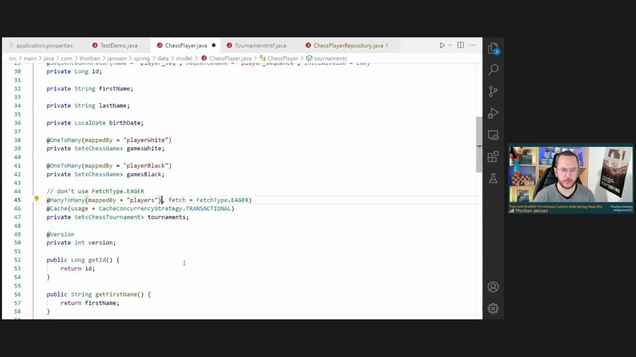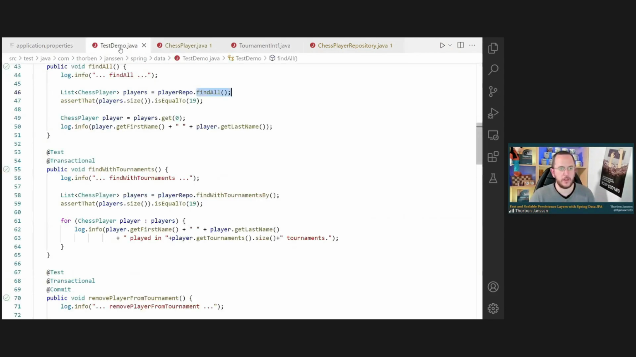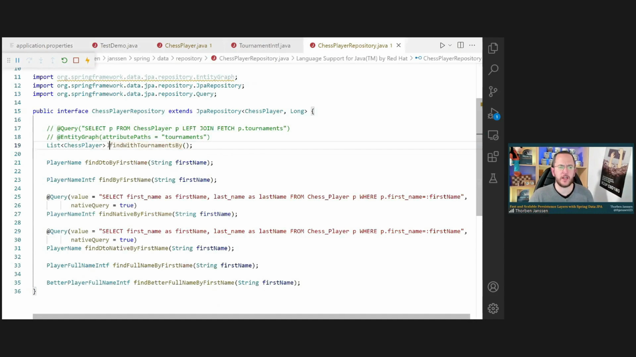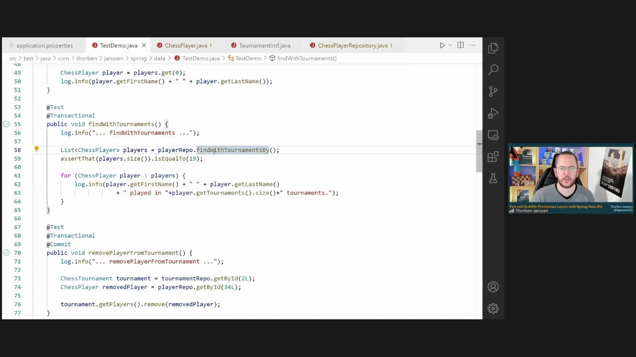So the first thing I need to do is fix that part here. Typical many-to-many association between my chess player and my chess tournament. And you should, of course, never set fetch type eager in a real application. So when I do that and just run this test case, let's take a quick look at the method here. The find with tournaments by method is just a derived query that selects all chess players from the database. And if we execute this test case where we get all chess players and then iterate through them and print out the name and the number of tournaments,